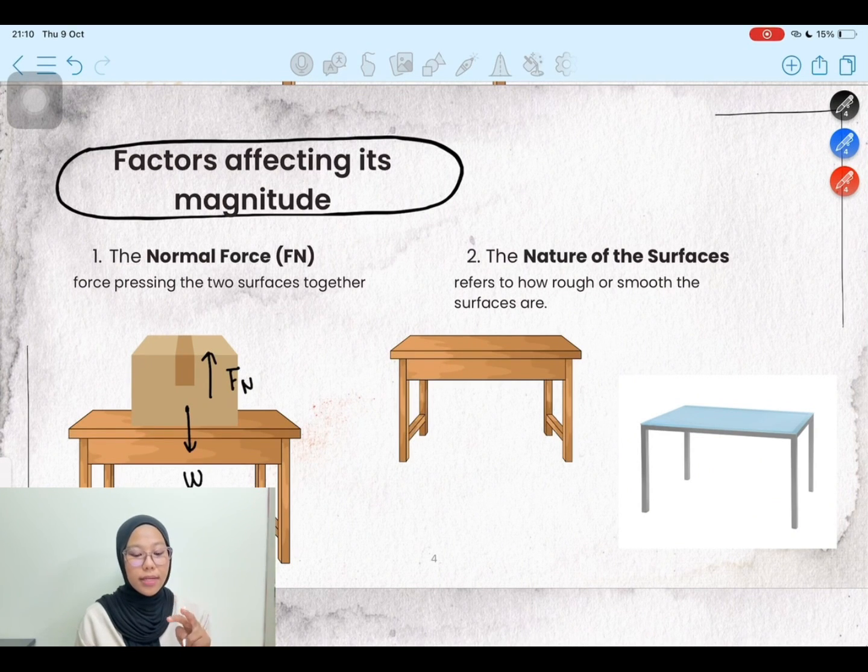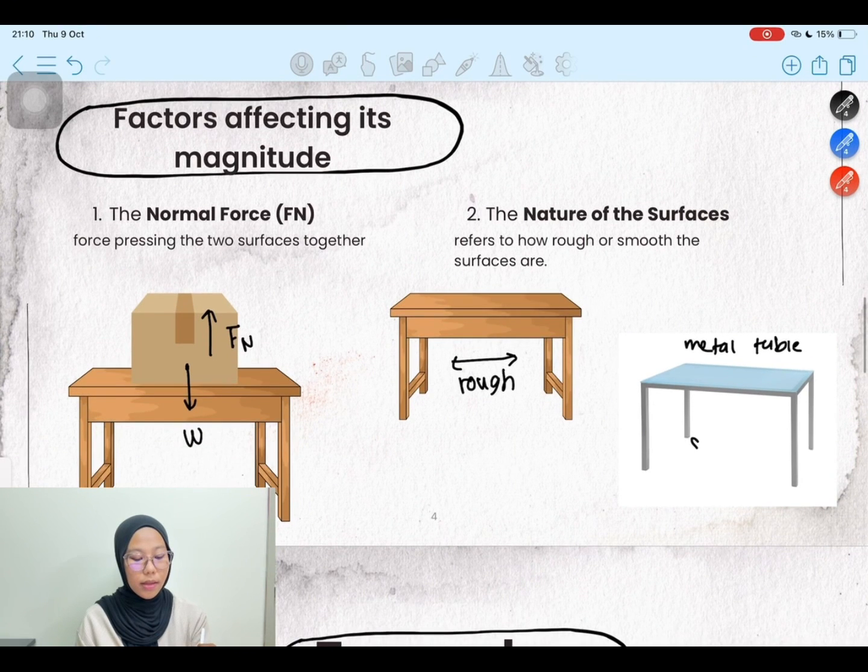So the second factor is nature of the surfaces. This factor refers to how rough or smooth the surfaces are, because the coefficient of kinetic friction depends on the nature of the surfaces. If we look at this table, this one is a rough surface. Meanwhile, this is a metal table that has a very smooth surface. So the coefficient of kinetic friction for both tables are different because it depends on the nature of the